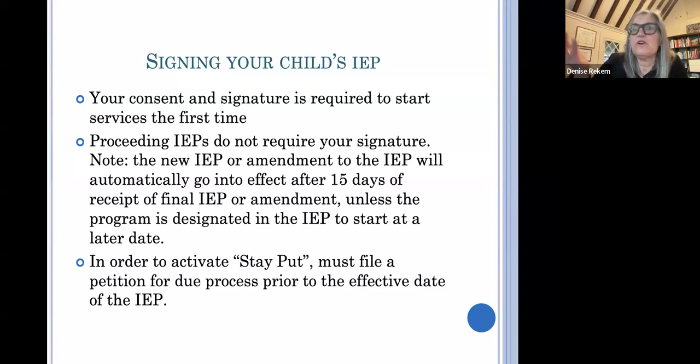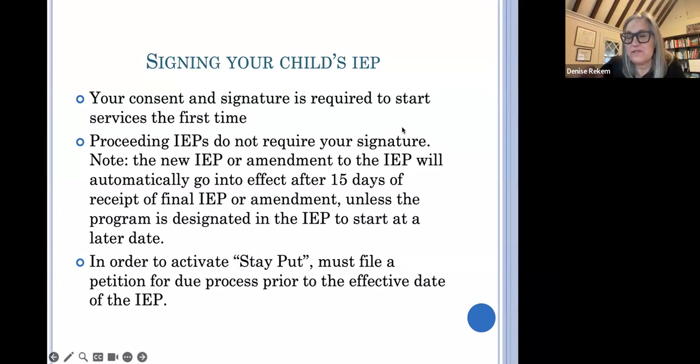without a judge looking and saying whether or not they're right or not, right? Maybe they're just trying to move the child because the child's giving the teacher a hard time and they're going to move them to this other thing. Maybe you agree that the general ed classroom isn't working, but you believe that another solution is the right solution and not what they're offering, right? For whatever reason, you file for due process, you have stay put.